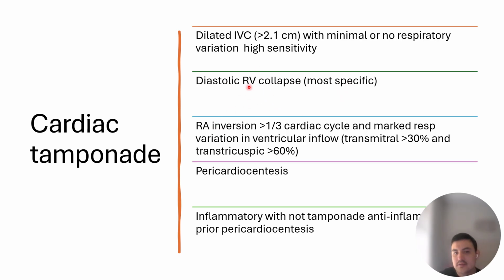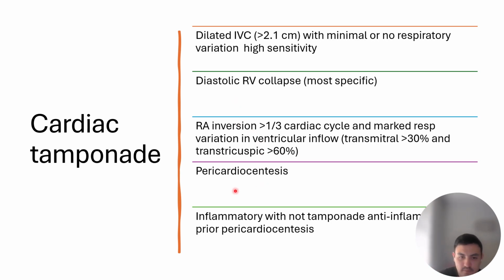Why is diastolic RV collapse the most specific? Because the RV has less pressure than the LV, but more pressure than the RA. So you are going to see diastolic collapse, and that tells you there is no filling of the RV, there is no blood going to the left side, and there is no blood going to